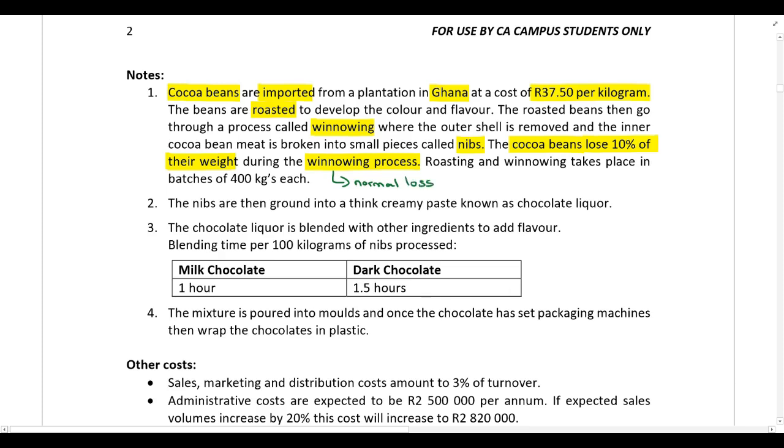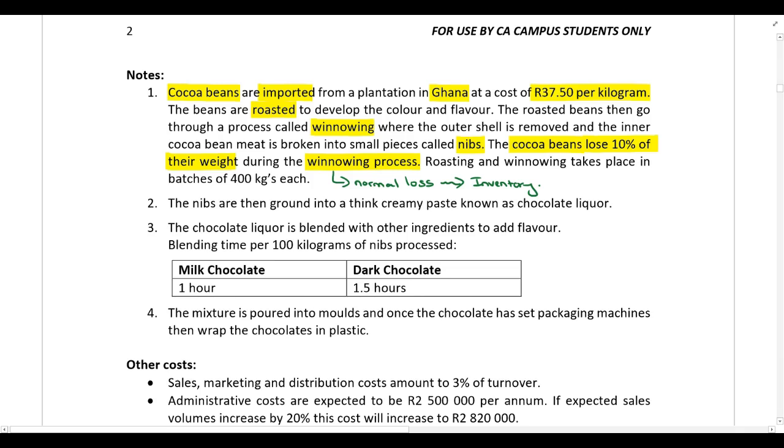And the reason why we need to distinguish between normal losses and abnormal losses is because normal losses will be included in the value of inventory in terms of IAS 2. On the other hand, an abnormal loss is not inherent to the production process. An abnormal loss means that something went wrong during the production process. And as a result, we don't include abnormal losses in the value of inventory, but instead abnormal losses are expensed